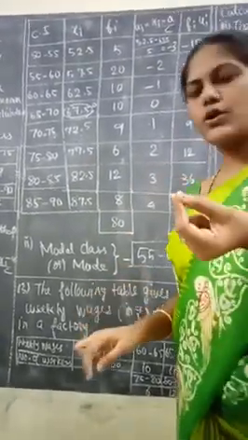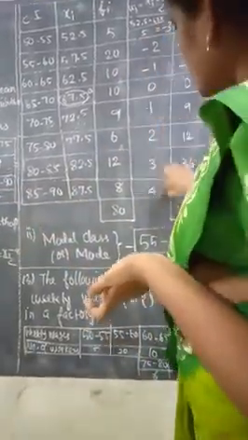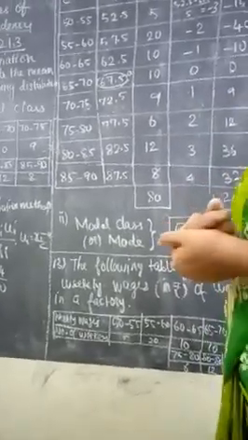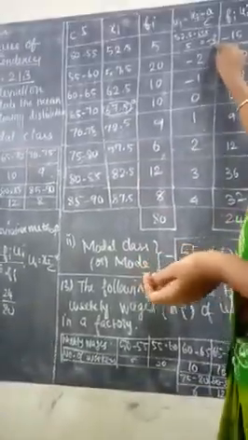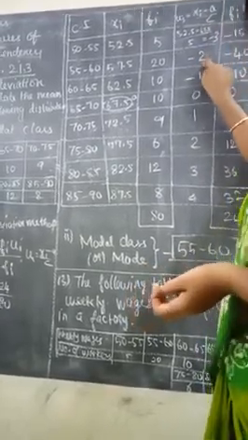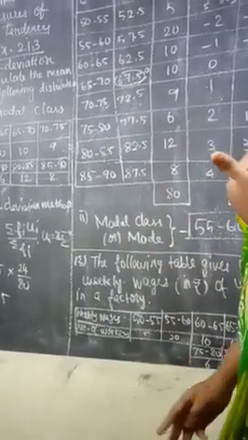Listen, one more clue. If we are using the step deviation method, most probably the values come in integer order. What's the meaning of integer order? See, the first value we got is minus 3, no? The second value is minus 2. Next minus 1, 0, 1, 2, 3. If we have more terms, it continues in the same procedure.